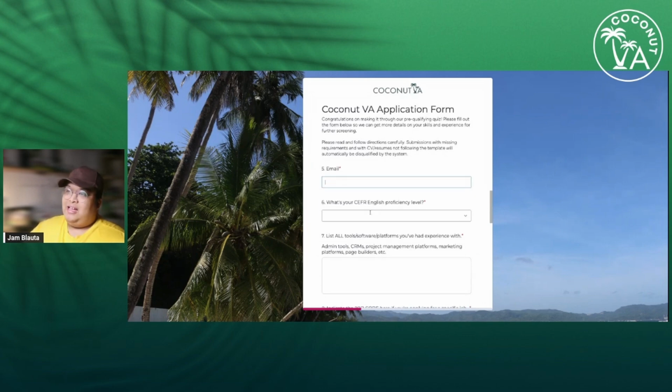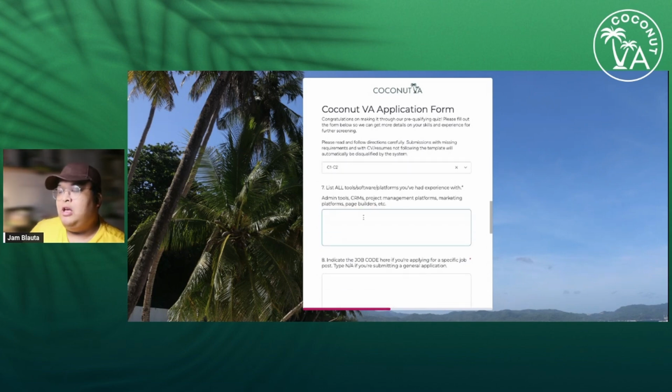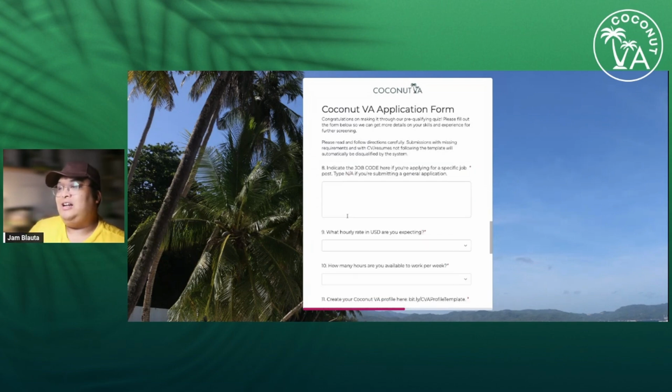Email, make sure you use a professional email. So, jam.blauta@gmail.com. What's your English proficiency level? Let's say C1, C2. List all tools here. Literally everything. Everything.